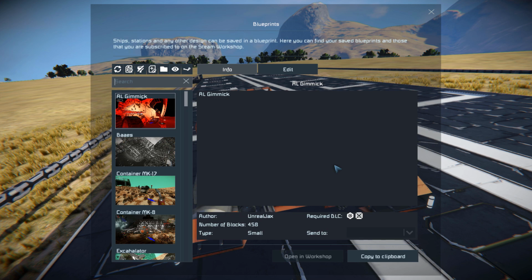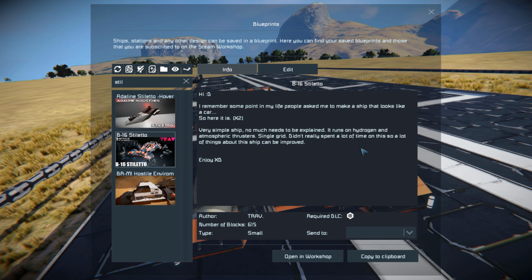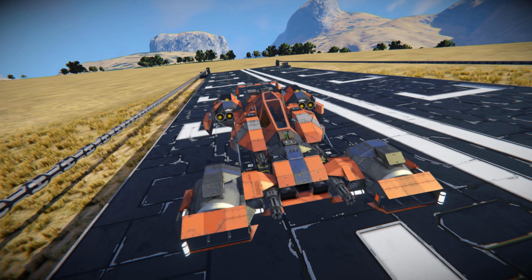Pressing F10 and finding it in the spawn menu, if I can come through all this, there it is. The Stiletto is 615 small blocks. It requires the Decorative Block 2 DLC pack. It has no mods, but it does use a few scripts. So we'll start by taking a quick look around the outside, and then we'll take it on a run around